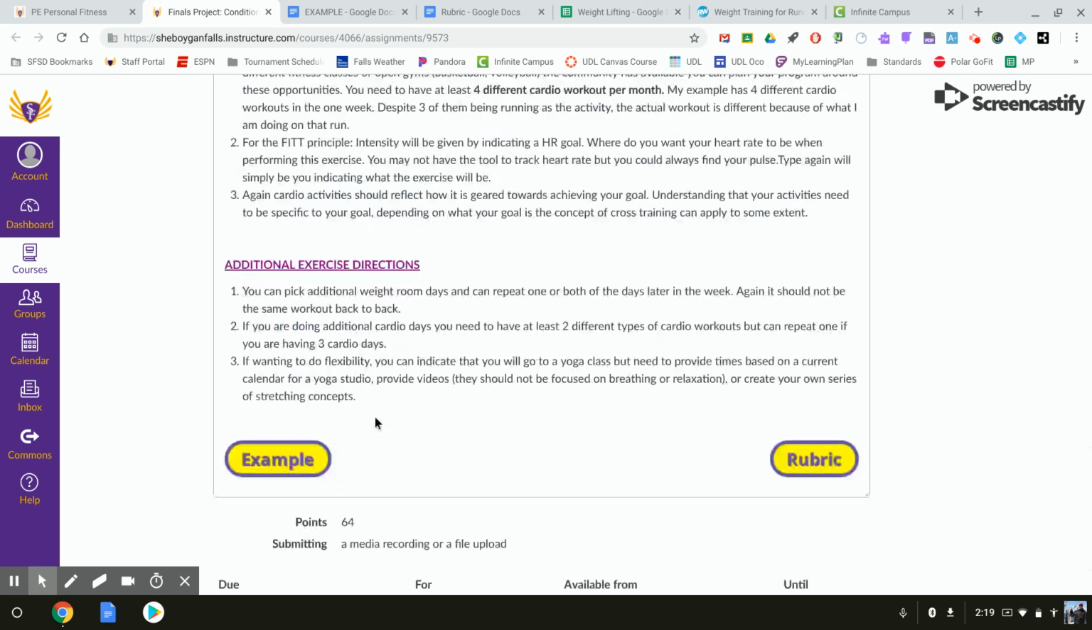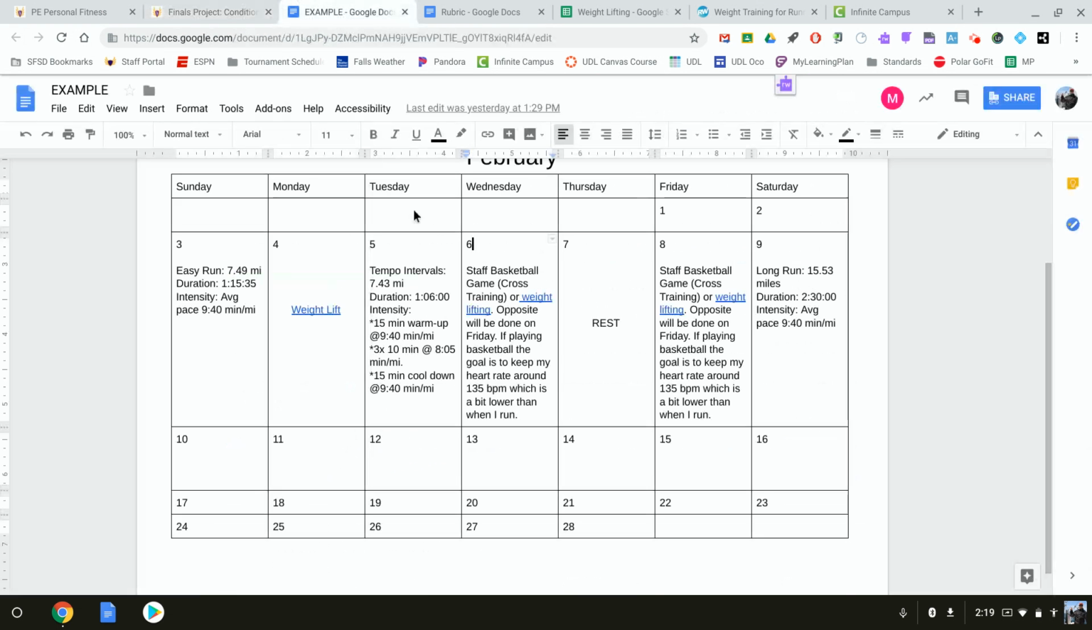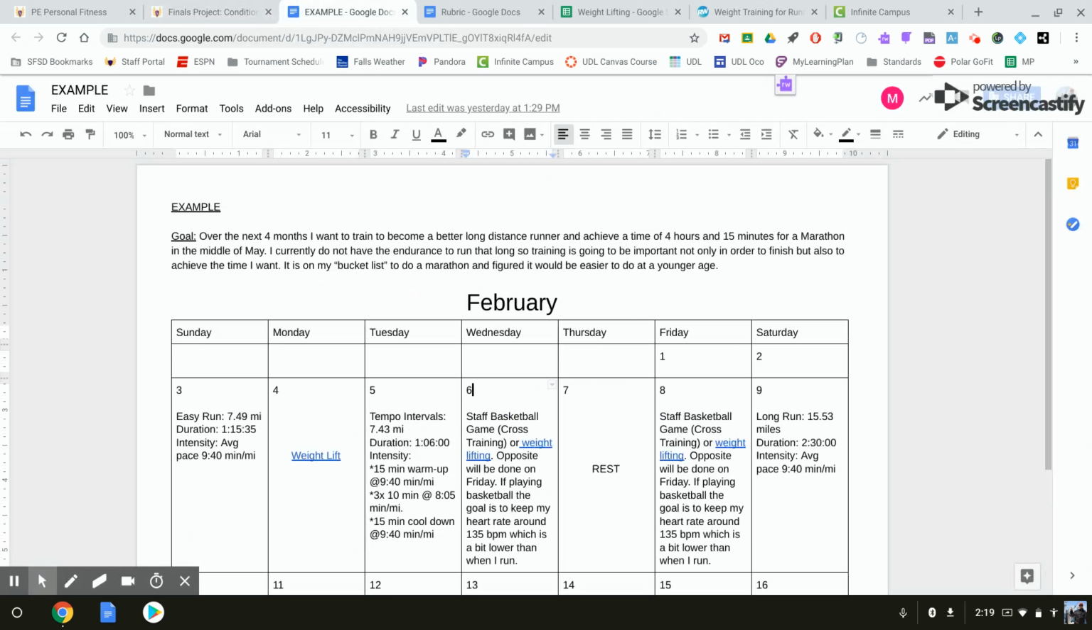At the bottom here are 2 additional buttons, the example and the rubric. I already have them open. So again, my example is endurance-based, that I want to achieve a certain time. My goal is SMART, as well as I have a description of what or why I want to be doing this goal. So for the example specifically, I indicated that days 3, 5, and 9, those are all run days